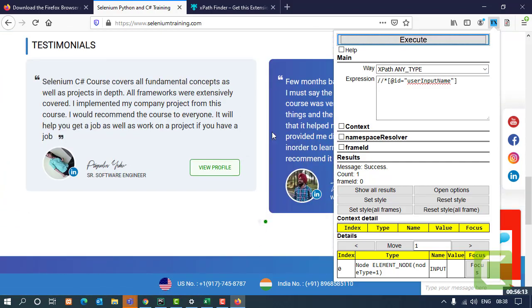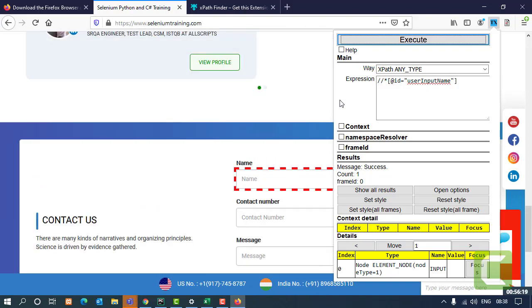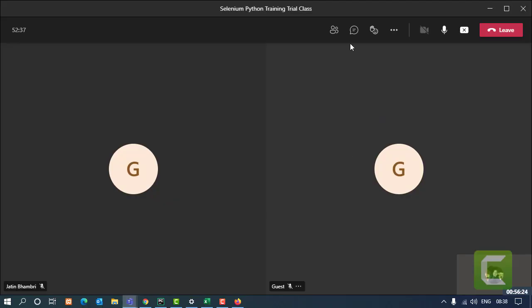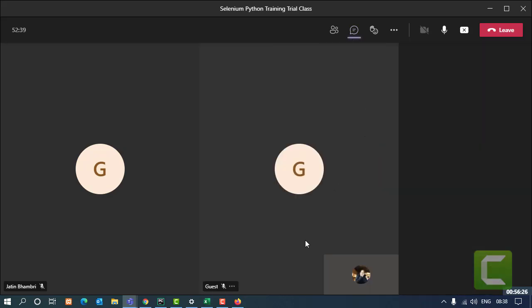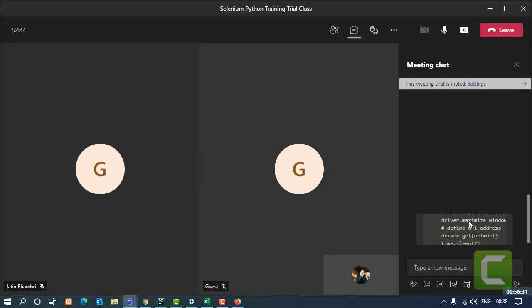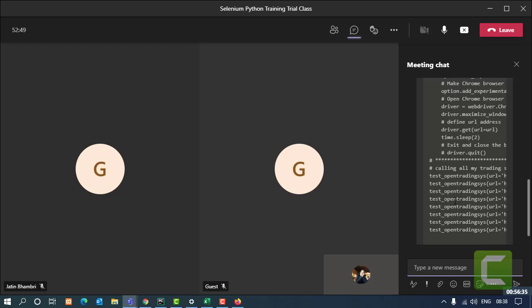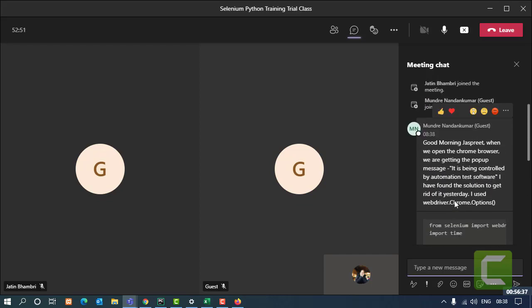Hi Jasprit, we used to get that pop-up on the Chrome. To get rid of that, I use Chrome options. Yesterday I did some practice. Can you go on the top, please? Top of the code, where we can use the Chrome options. Option is equal to webdriver.chrome option. The first, yeah, here. So we are not getting that message on the Chrome now.